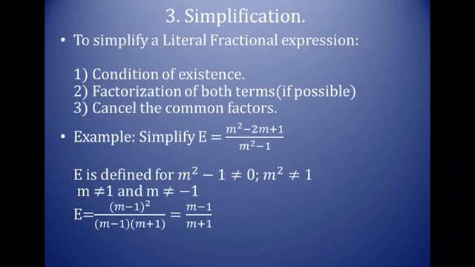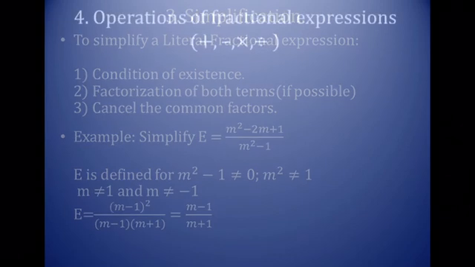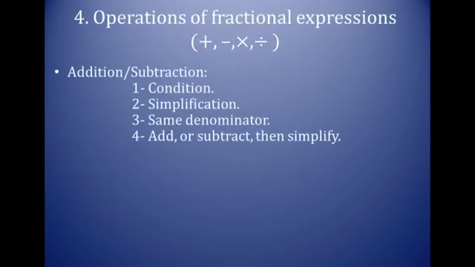After factorization, the numerator is equal to m minus 1 all to the power 2, and the denominator is m minus 1 times m plus 1. We cancel the similar terms, so we get m minus 1 over m plus 1. Now how to add two fractions? First, like always, we find the condition of existence, then we simplify, then we find the same denominator, and we add